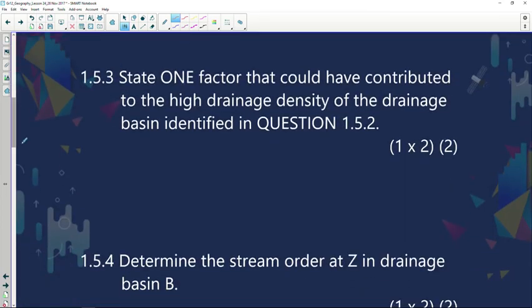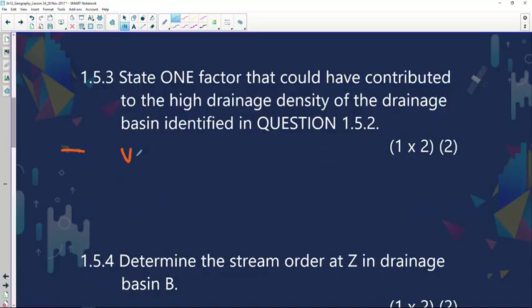Now state one factor that could have contributed to the high drainage density of the drainage basin identified in question 1.5.2. And I'm going to give you quite a few. First of all, the amount of vegetation. So we can say that A has less vegetation, because if there's vegetation, what's the water going to do? It's rather going to infiltrate and we're going to experience a lower density. So there's vegetation cover,